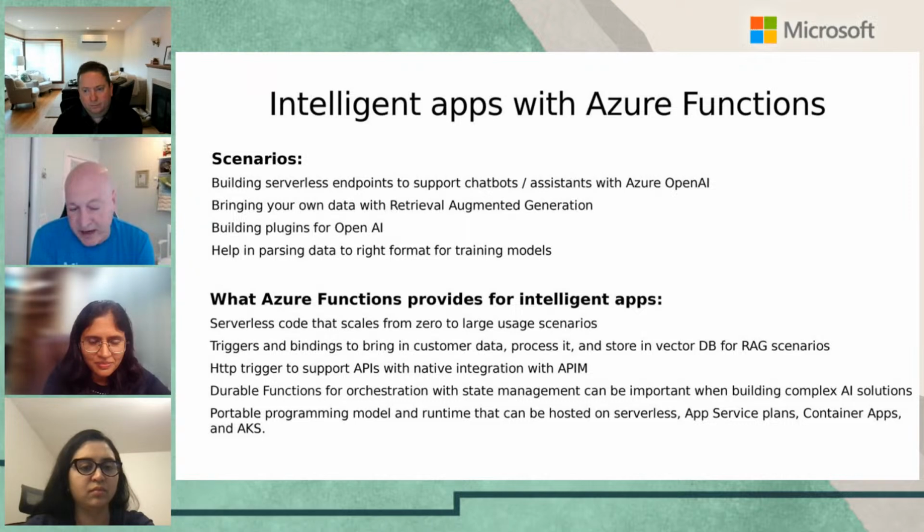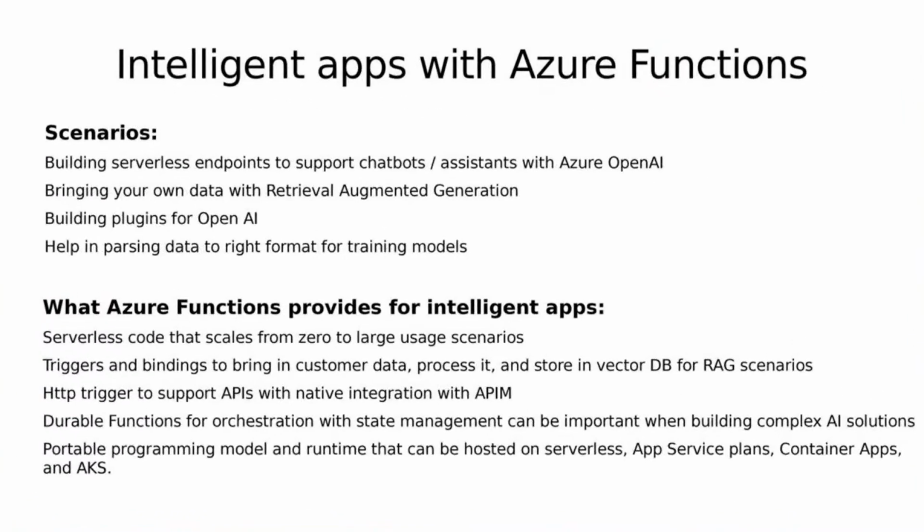The fourth one that I called out here was durable. I mentioned earlier that a lot of times there are steps along the way. There's aggregation of data. There are a lot of tasks that have to run in parallel and then aggregate the results back. And there might be some approval type stuff that goes on. There might be some memory you need to keep as you go through your chat experiences. And so one of the benefits of using durable functions is it's really built for those types of scenarios. And so you can bring it into your application. If your AI solutions start to get more complex, then you can take advantage of durable functions.